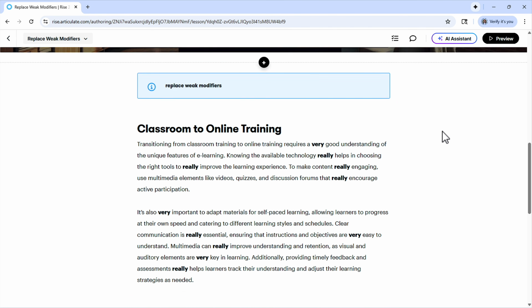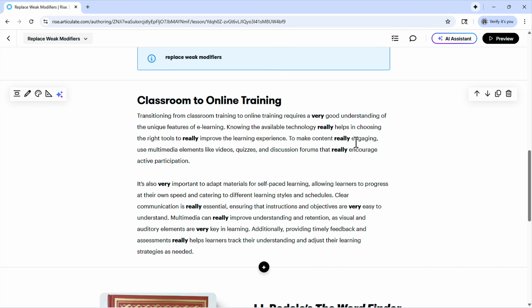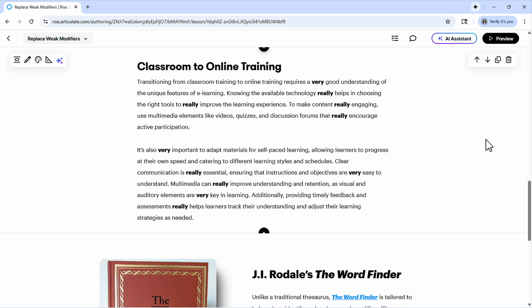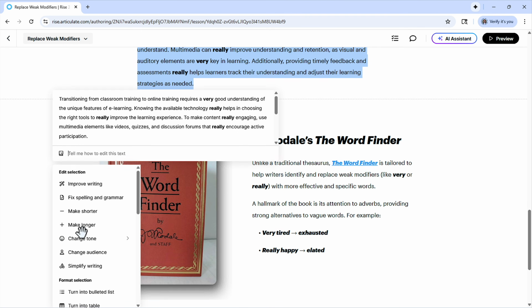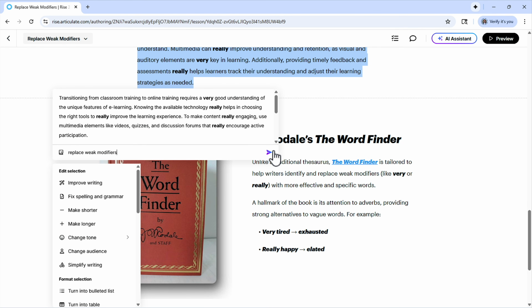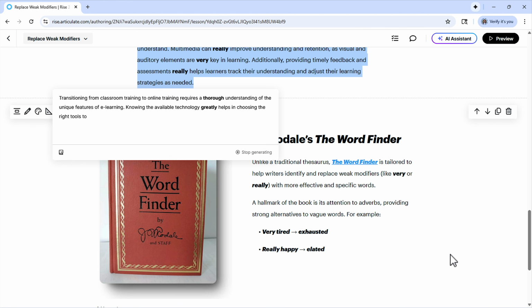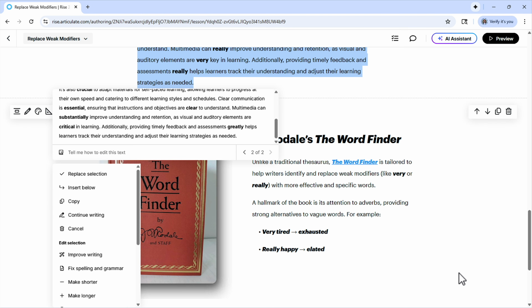Come down to our example with classroom to online. So there's all of our reallys and verys. Obviously, if you see them, you can see me using that in my speech. Obviously easy to see when they're bold, but not so easy to catch when they are all of the same formatting. So we'll do a select all and then apply our AI edit prompt and replace those weak modifiers, and most likely it'll omit them or perhaps use a